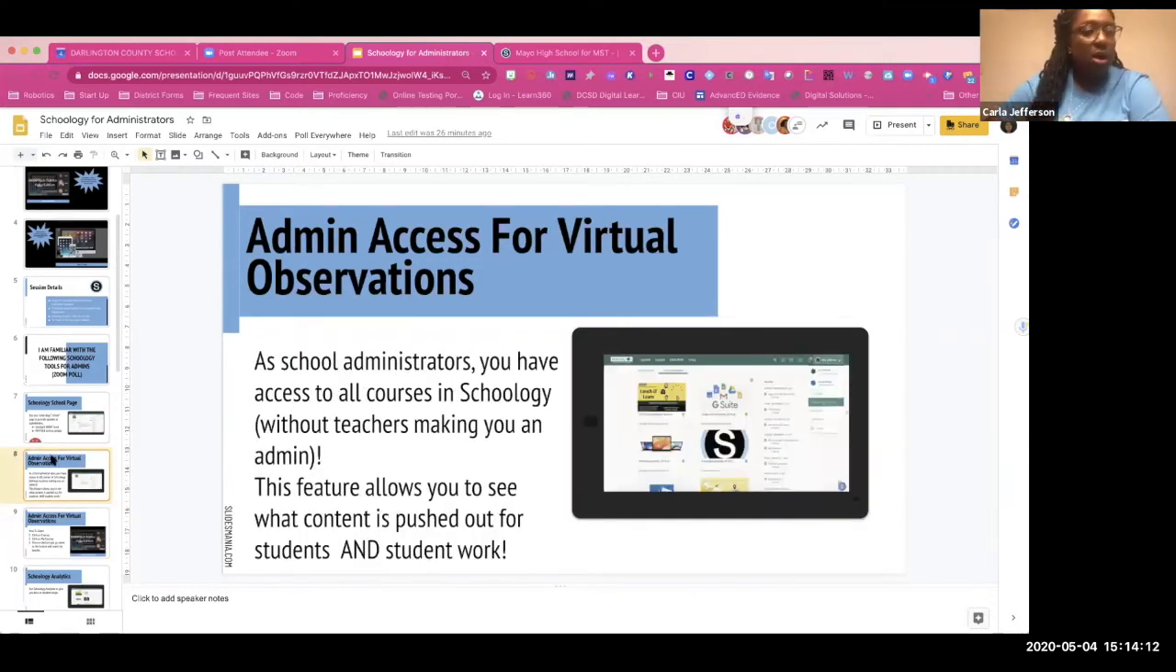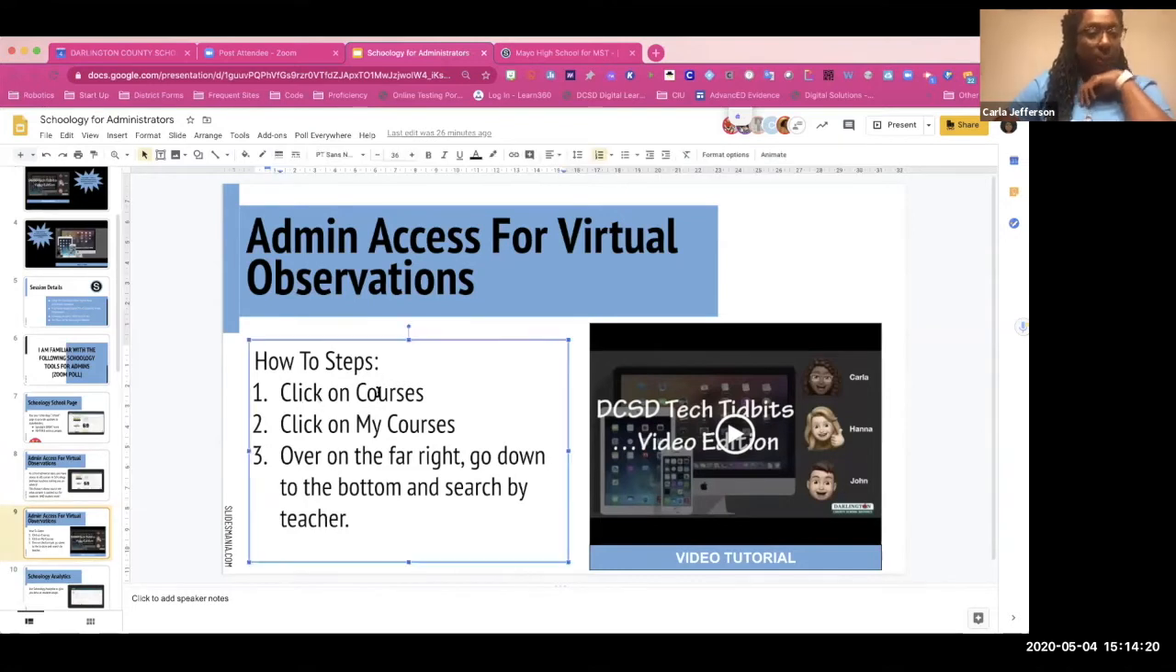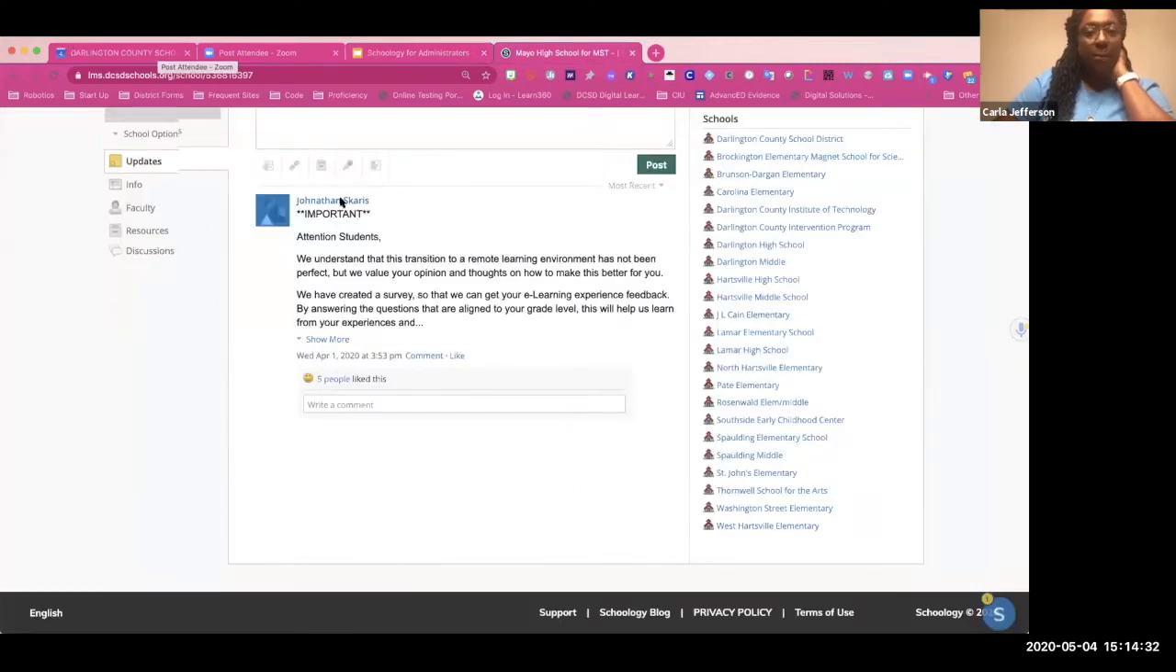So if you would, back in your Schoology course, click on courses. That's over in the left-hand side, my courses, and then on the far right, go down to the bottom and search by teacher. So for example,